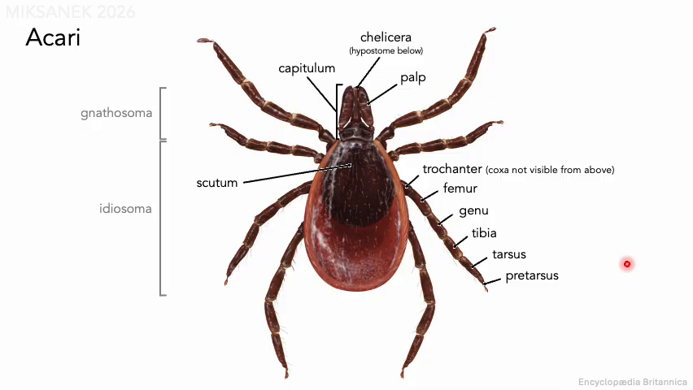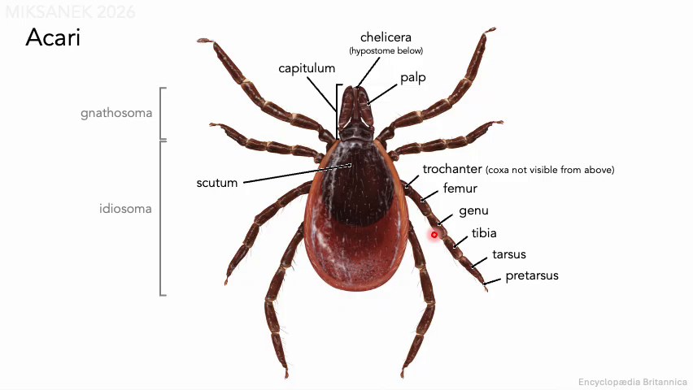We're going to see differences in leg segmentation. So the trochanter is the first segment that we see here, but the actual sort of hip, if you were to call it one, is not visible from dorsal view. We would have to flip the tick upside down again to see the actual first segment of the leg, which is called the coxa. But after the coxa, we've got the trochanter, we have the femur,